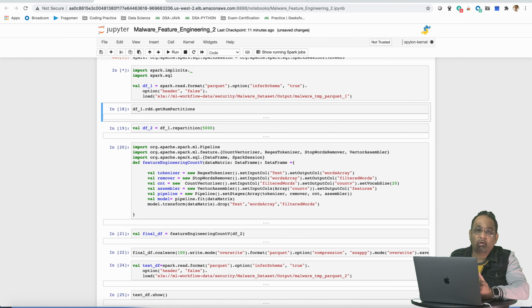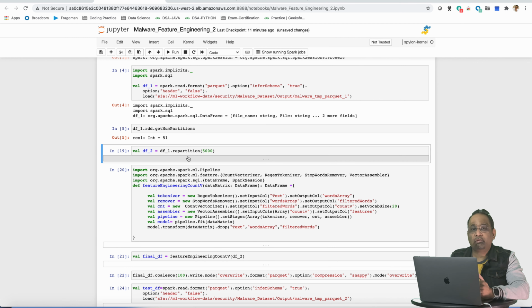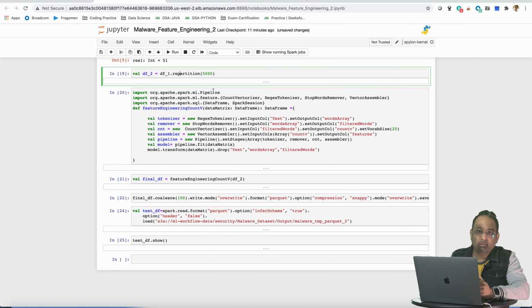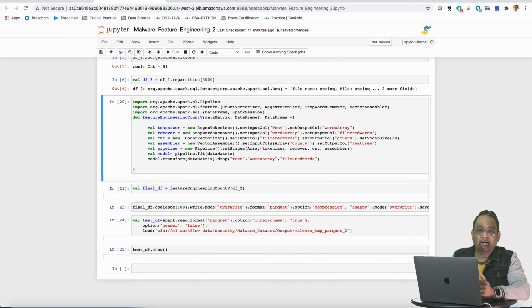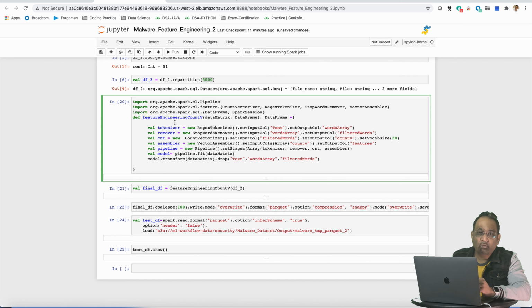that we are going to perform on the data, and those are: first is the tokenizer, which is the process of breaking the sentence into a word array. Second is the stop word remover, which helps us to remove stop words like and, the, comma, etc., as those are of no use for future analysis. The third one is the word counter, which runs the word counter program on the data in the data frame. And the last one is the vector assembler. Vector assembler is the transformer that combines the given list of columns into a single vector column.